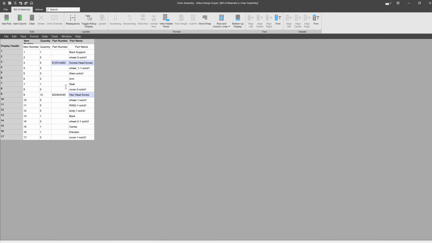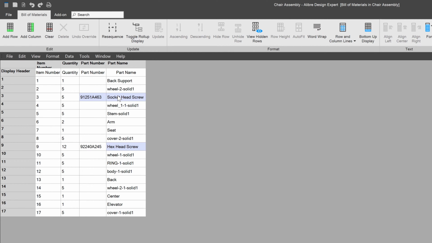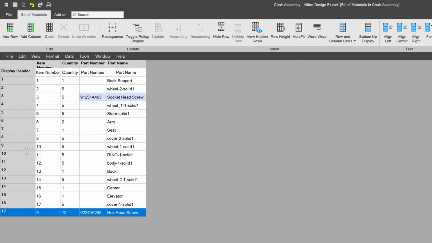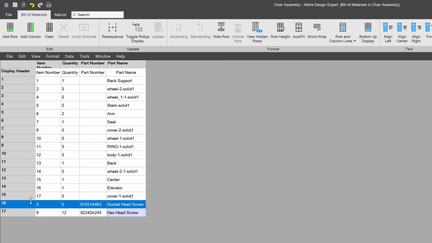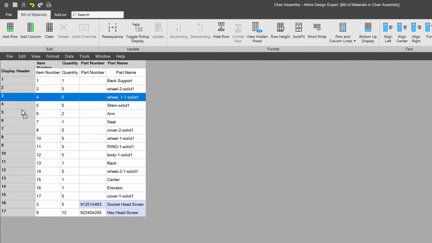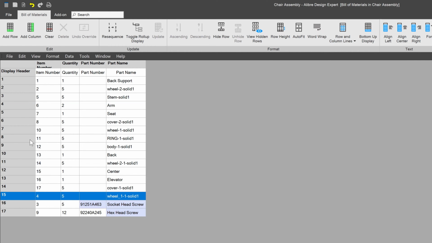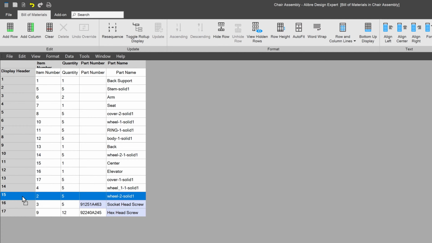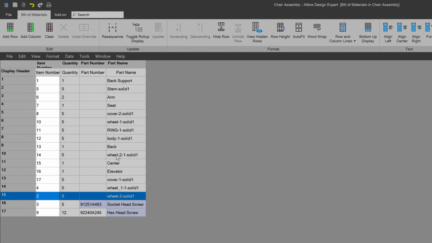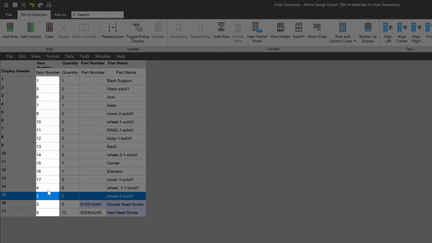of materials editing environment. And perhaps I have these socket head screws. Perhaps I'd like to put socket head screws and other supplier parts at the bottom of the bill of materials. So we can renumber these, or at least move them to the bottom, by clicking and dragging like so. Our wheels also. Right? And so when we have these things at the bottom of the table, you can see though that our